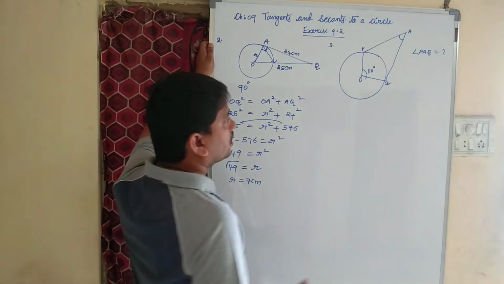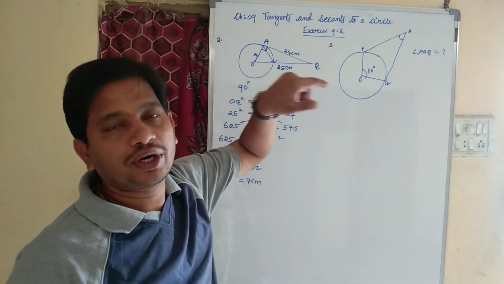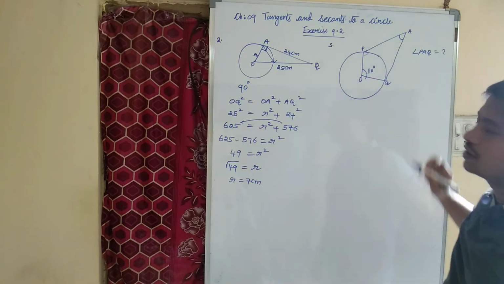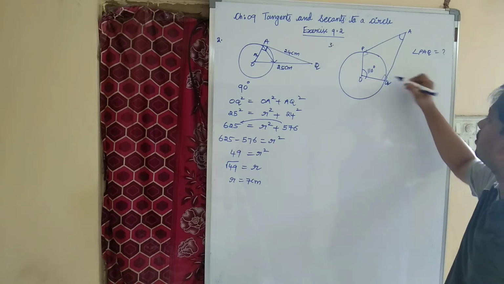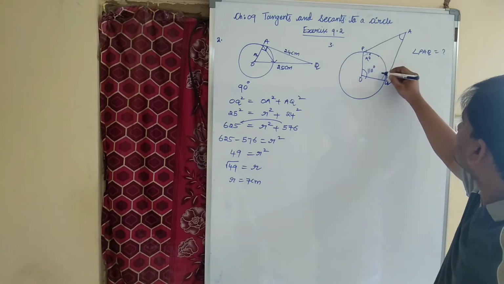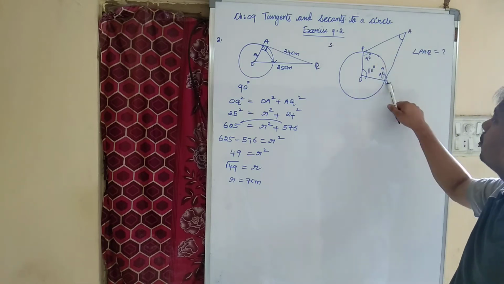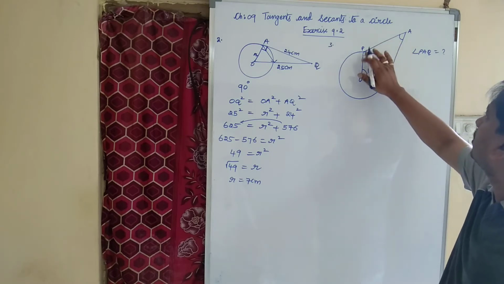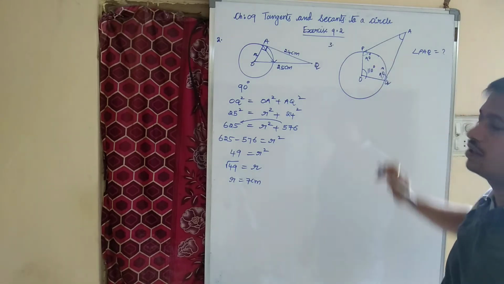We know, students, as OP is the radius, AP and AQ are the tangents drawn from an external point to a circle. So AP is a tangent which is perpendicular to the radius OP. AQ is the tangent which is perpendicular to the radius OQ. Perpendicular in the sense how many degrees here? 90 degrees, 90 degrees. If you observe APOQ, which is a quadrilateral, as we have four sides: AP, OP, OQ and AQ. We have totally 4 sides. Hence it is a quadrilateral.